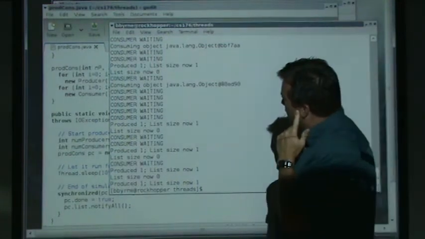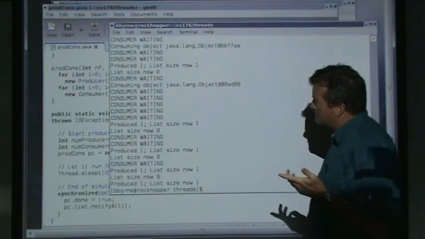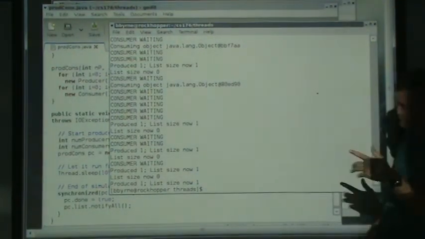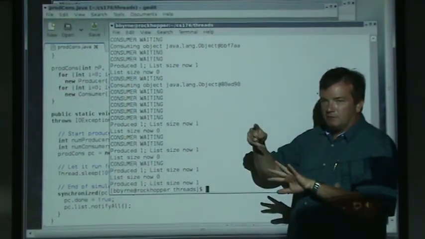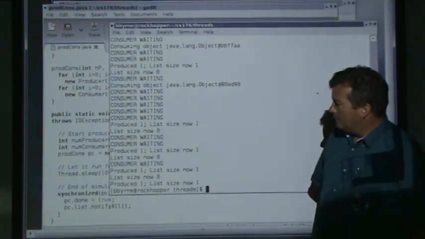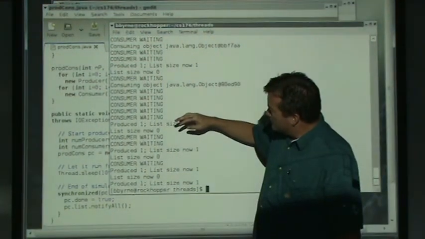Okay, so now we can kind of see something. Producer 1 seems to be doing all the work. What's happening is the code basically has 4 producers. The producers were actually taking time to go and build something and then put it in the queue. The consumers